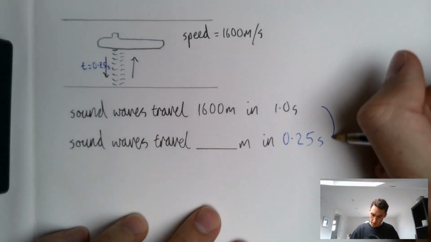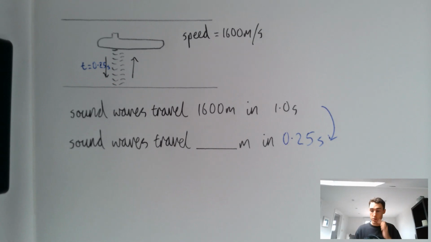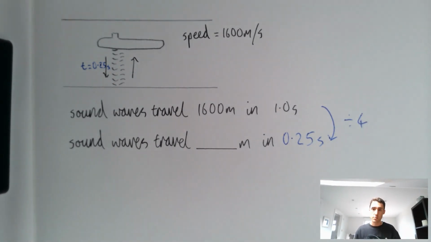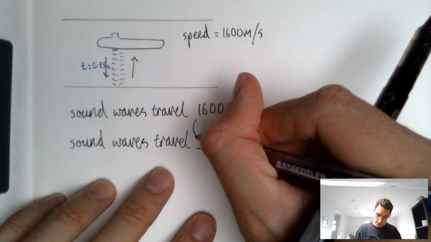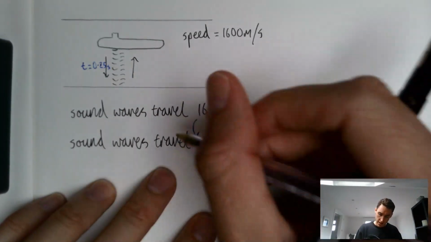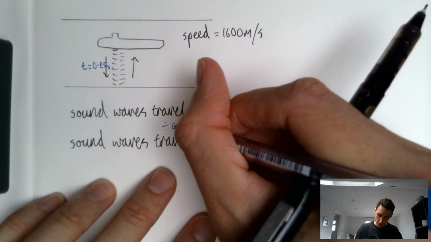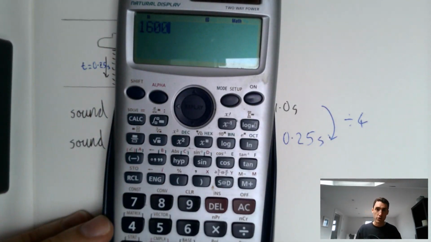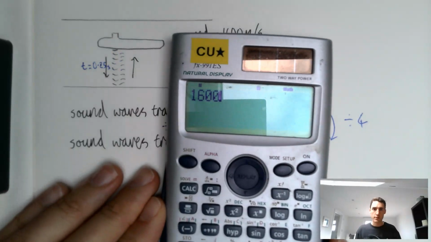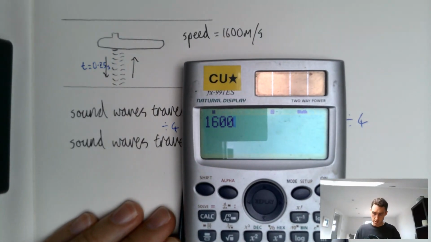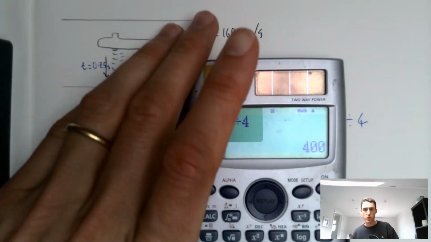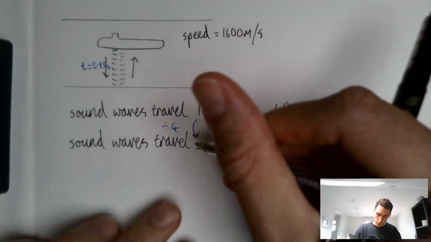What have we done here? You could say times 0.25. You could even say divide by 4. It's up to you how you lay that out. They might find it easier though to say divide by 4. So what we're also going to have to do is divide by 4. And again, I'll do this in my calculator just to show students that science questions are not about showing off your mental arithmetic, but what I get is 400. Okay, so I'm going to write 400 meters